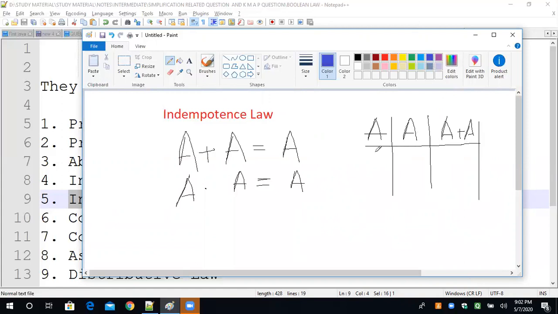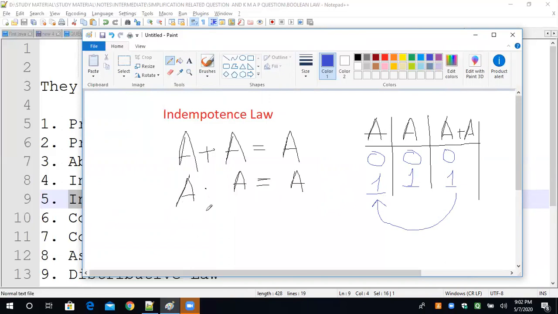Okay, see. So what value can I take? 0 or 1, because a single variable can contain only the 2 values. Similarly, this is also a single variable and can contain the 2 values. So 0 plus 0 will be 0 according to the addition truth table, and 1 plus 1 will be 1. Now you can say that A plus A is exactly the same as A. All right. So this is basically the idempotency law.